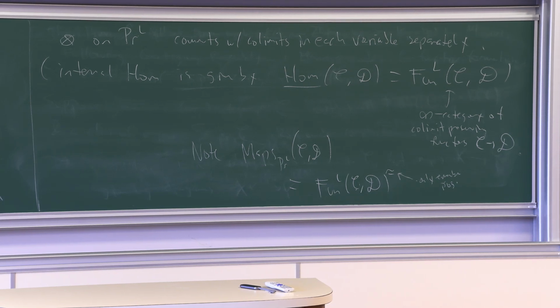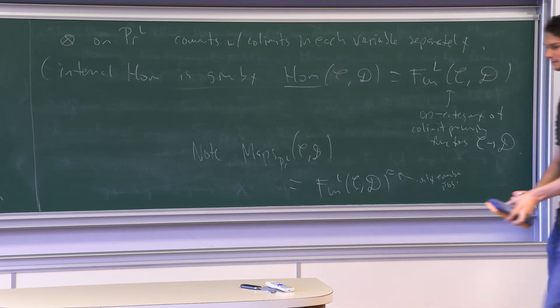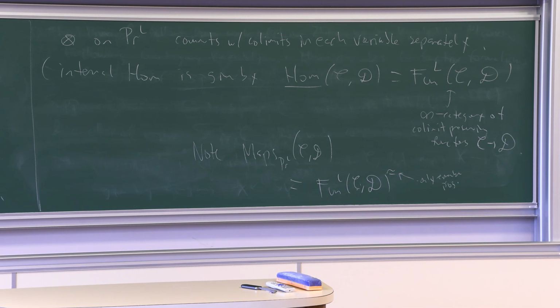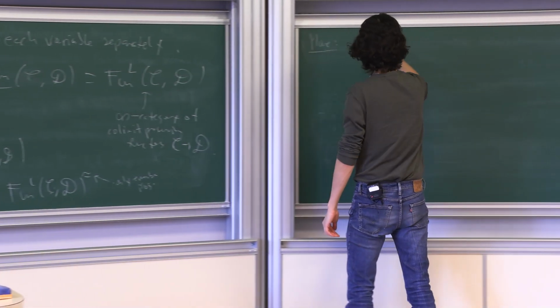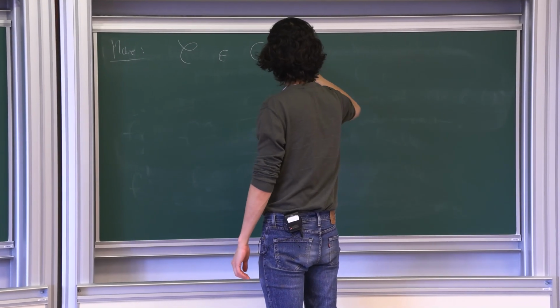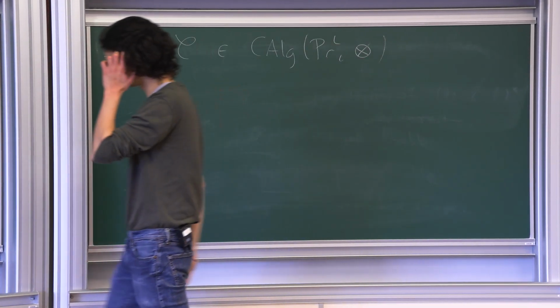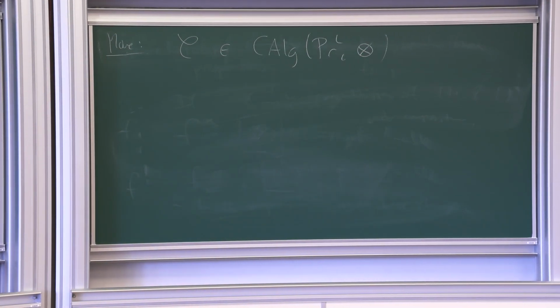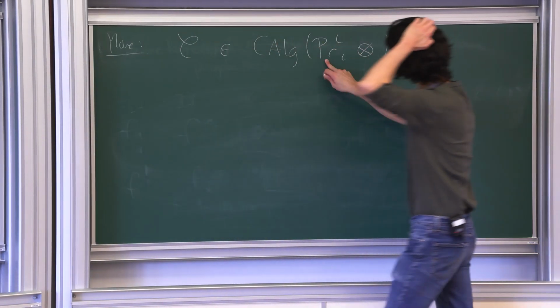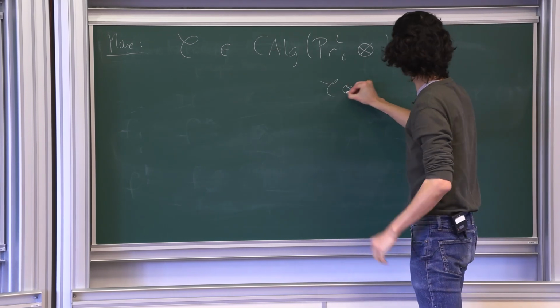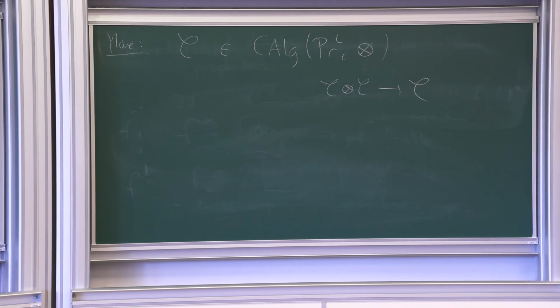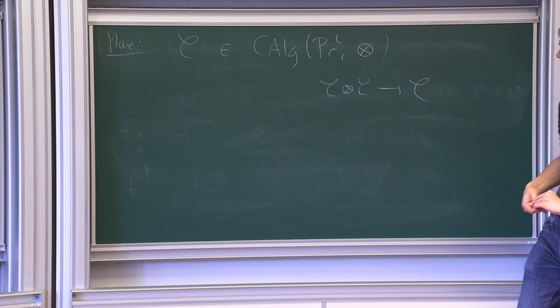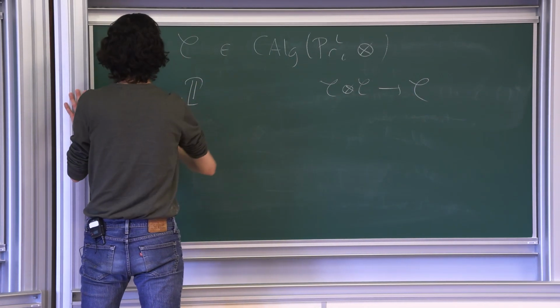Okay, I want to continue a little bit more. So there's more. PRL is now a tensor category. It's a category with a symmetric monoidal structure, and you can ask what is a commutative algebra in this tensor category. Meaning it's an object in here equipped with some kind of symmetric multiplication. I mean, the basic data is this, but then there are some higher coherences about it being sufficiently commutative. And what it means is that this is the same thing as C being a symmetric monoidal